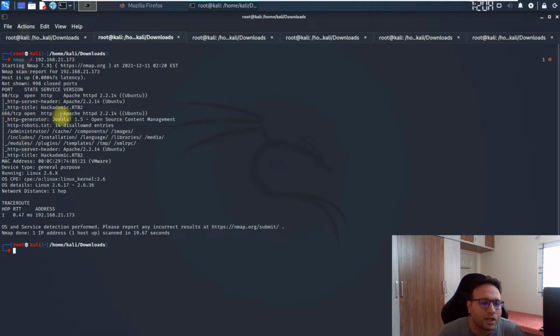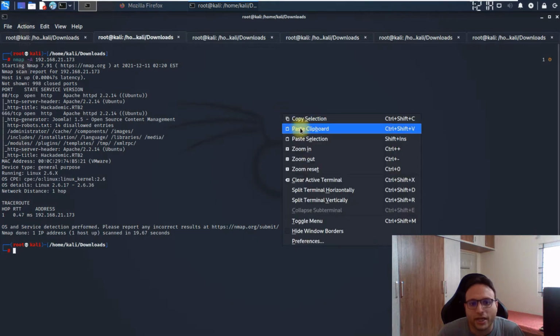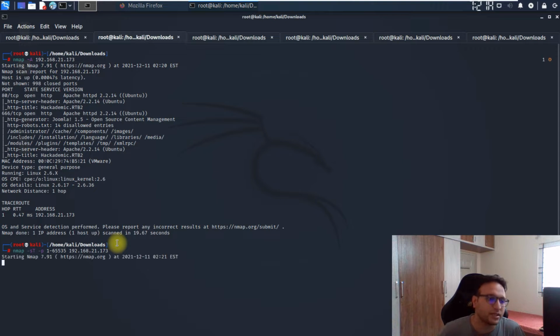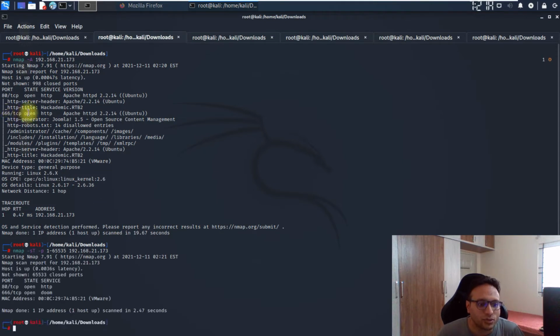In a couple of cases when you trigger this, you may see that port 666 is filtered. So here is one more nmap command I'm telling you right away. In case the output of -A shows that 666 is not open but filtered, trigger this command, and this way you can get the appropriate output and see 666 as open. Right now both ports are open, so we'll go to the next step.